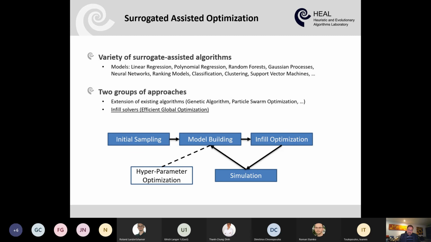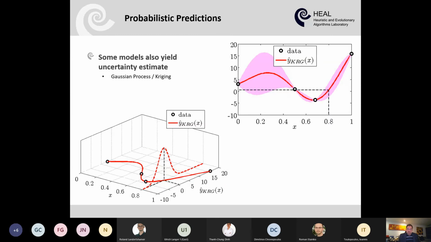And considering the basic approaches, we can distinguish between two types, where the creation of the surrogate model, the machine learning approach, can be done either offline or online during the run, which is shown here exemplarily for Gaussian processes, or the Kriging approach, as it's often called,